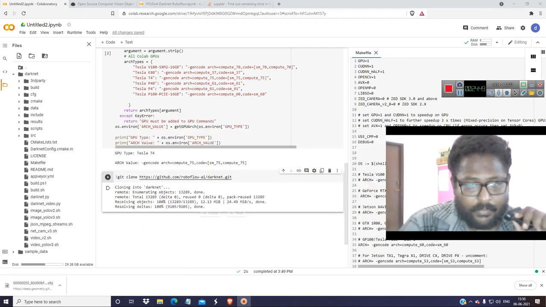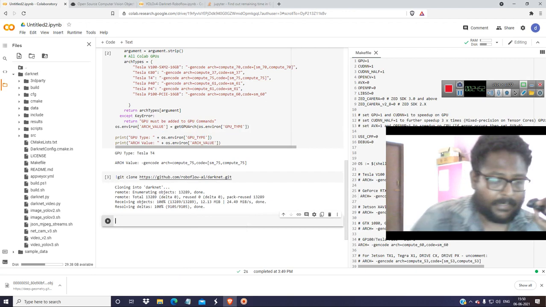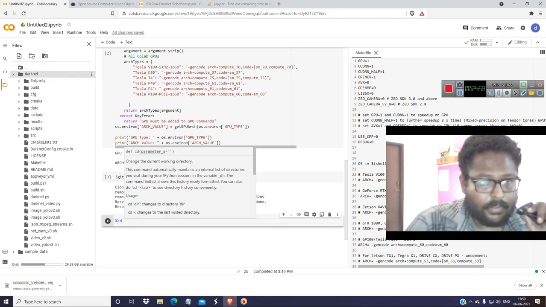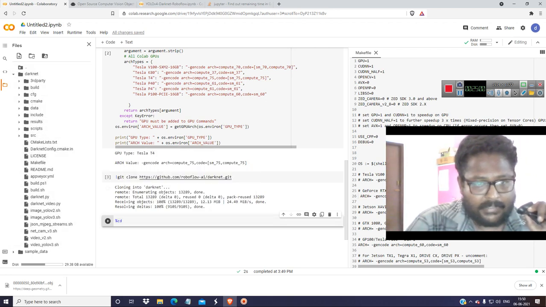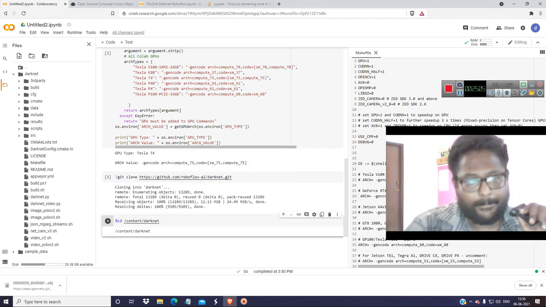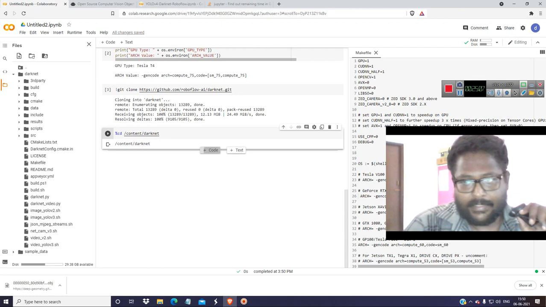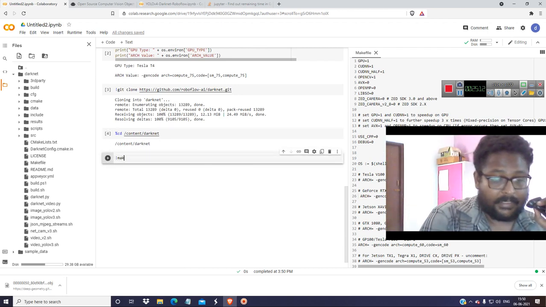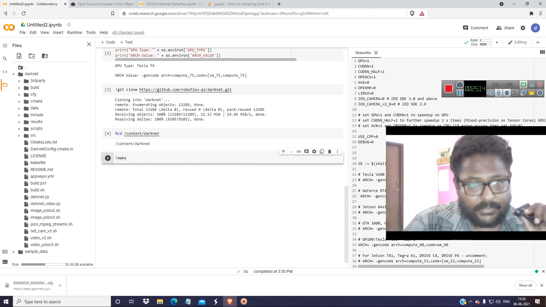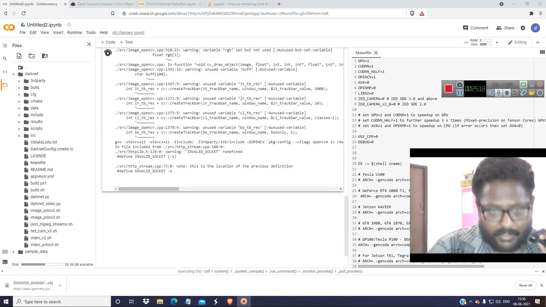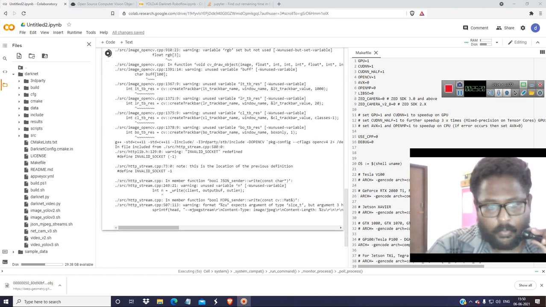The other thing you have to do is type here, okay, the compute ratio is correct. Then percentage CD, and you have to get into this directory: copy the path, paste it, and get into that directory. Now type exclamation make, and if there is no error, it will just keep on running. It will only show warnings, so you don't have to worry about it.